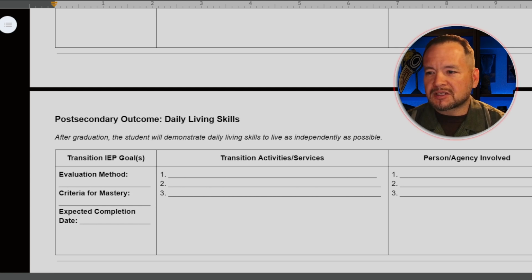By far, this is the section that I see blank the most, but it includes things like budgeting, hygiene, meal prep, these things that are typically ignored by the school because they almost always don't have the bandwidth to support those particular things, and they really expect for those things to happen at home. So they're left out a lot of times, and because of that, we either have to advocate for our student in these meetings to make sure that some kind of training is being provided, or make sure that we're doing some type of informal teaching at home during the time that we have them with us.